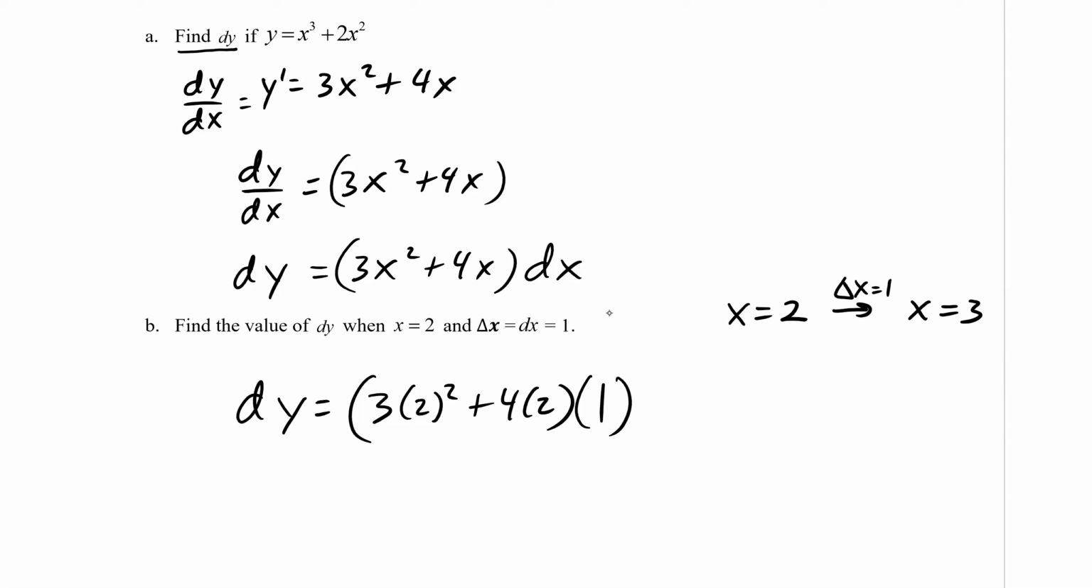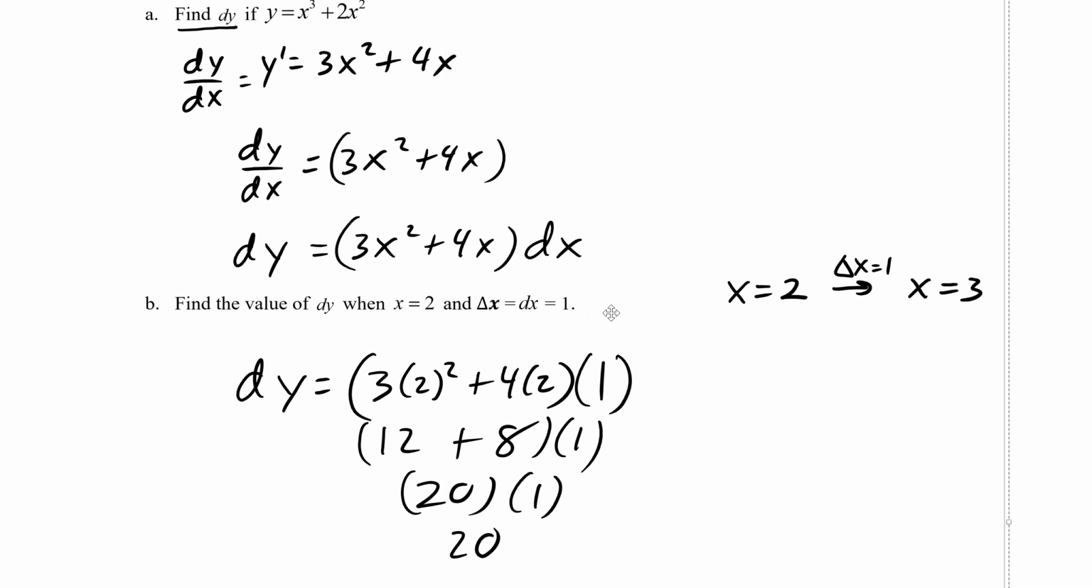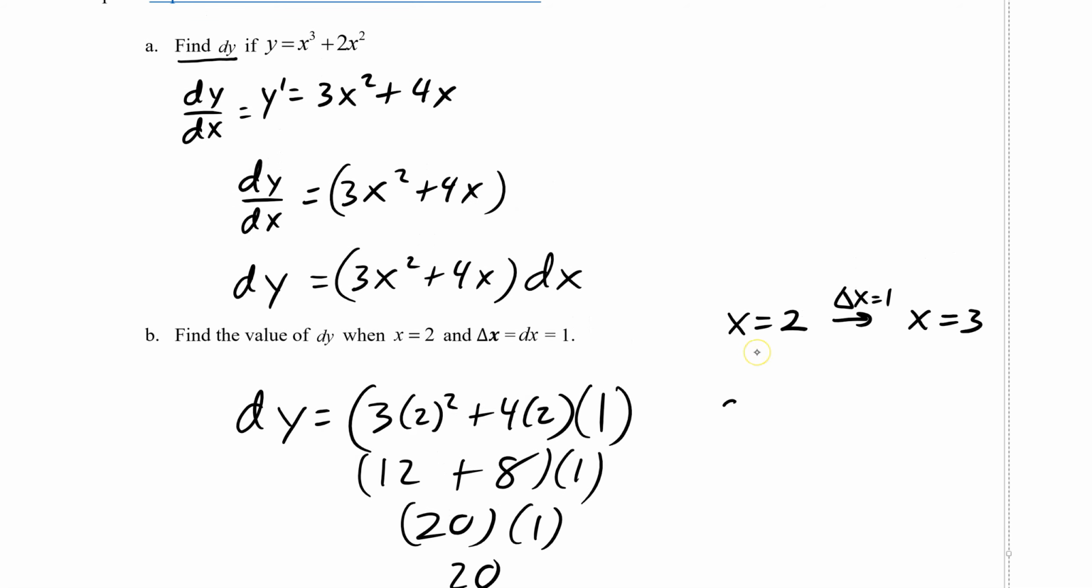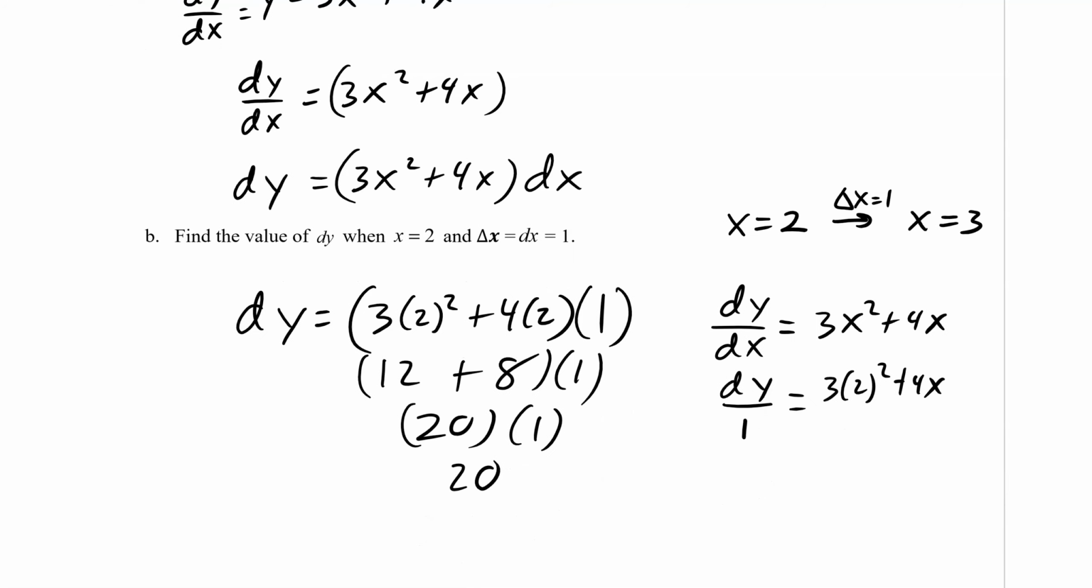That's what dy does. So if we figure this out, this is 3 times 4. It's 12 plus 8. That's 20 times 1 is 20. So what we basically did here is, if you think about it this way, this is dy over dx is equal to 3x squared plus 4x. We have dy over 1. And then by plugging in 2 here, it gives us